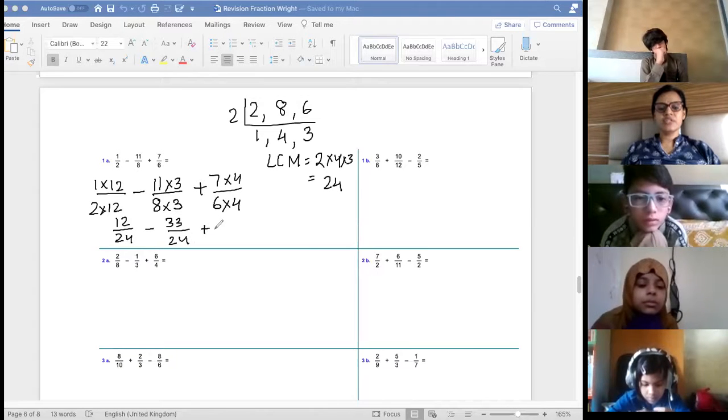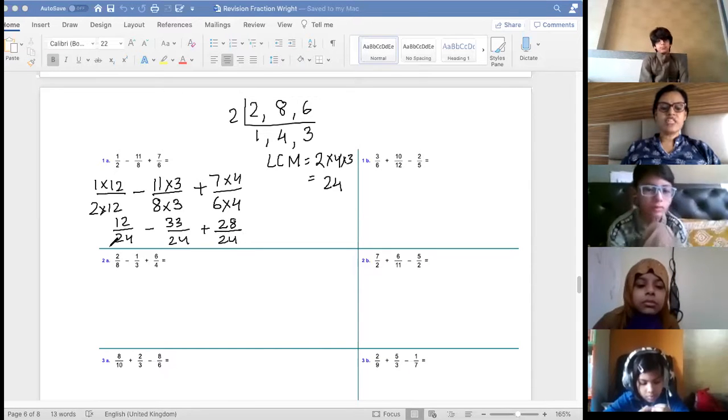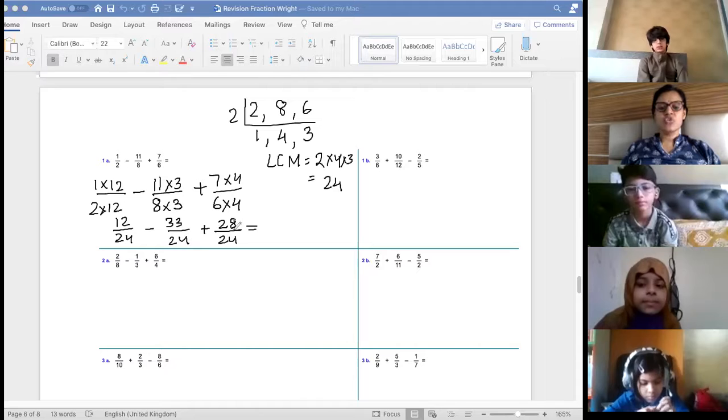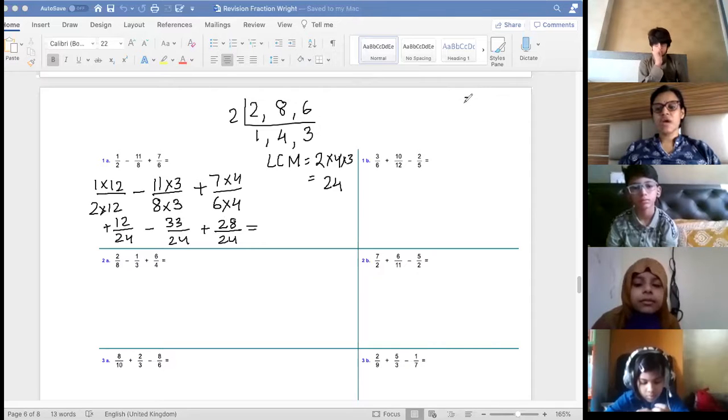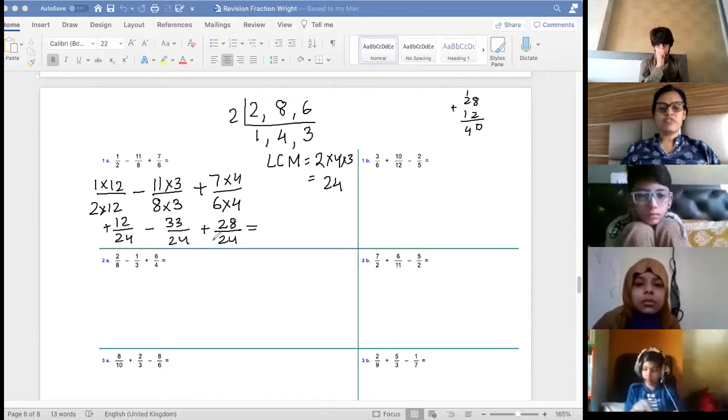And then here you have 28 by 24. Okay. Now you have same denominators. So you will add first. Which two numbers you will add? This is plus and this is plus. So first do 28 plus 12. So I'm adding 28 plus 12. How much is it? 8, 2. Add it. 0, 2 plus 1, 3 plus 1, 4. So now I have, if I add these two.